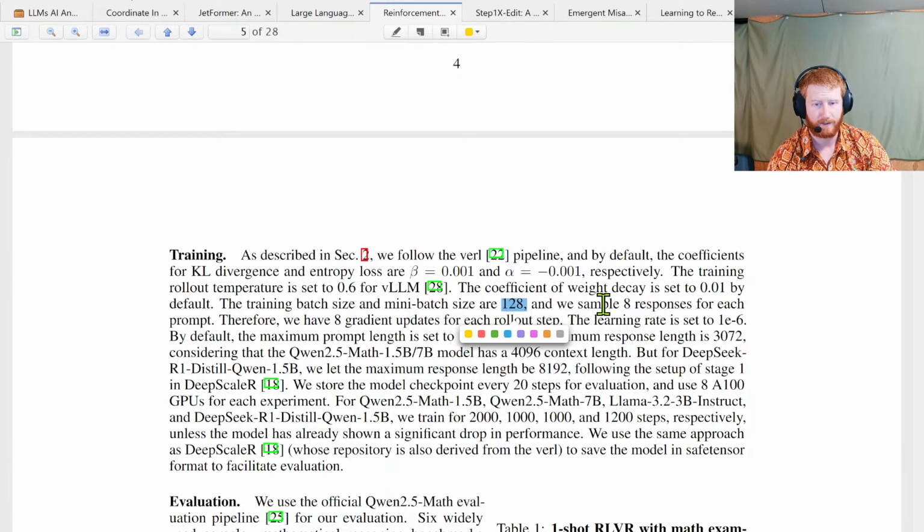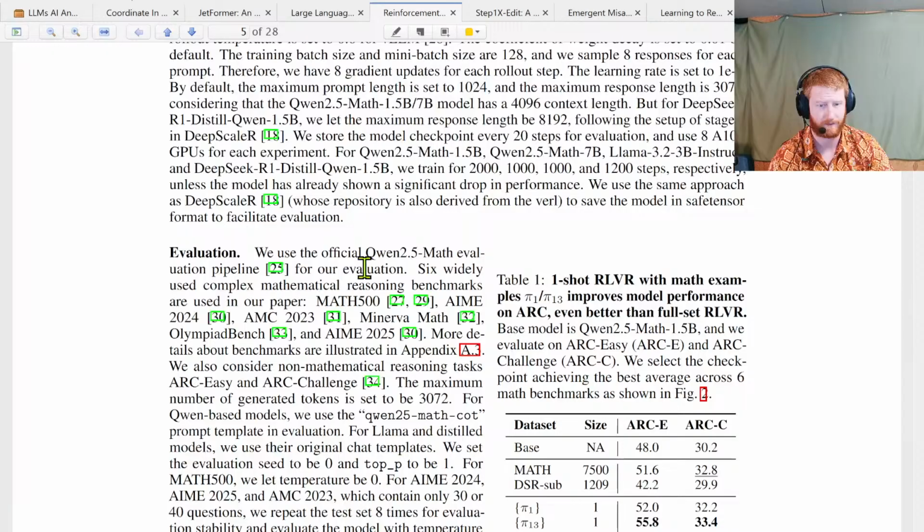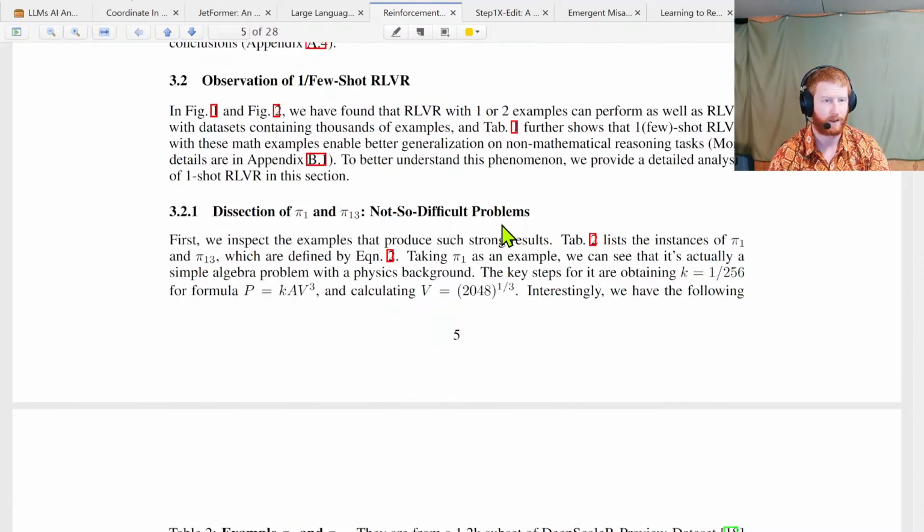Mini batch size, 8 responses for each prompt, small learning rate. Cool. And then they're going to evaluate this on some different benchmarks for mathematical reasoning. Okay, so